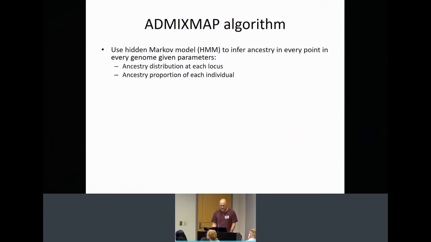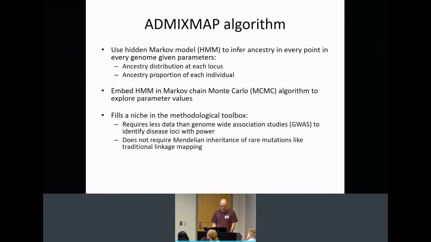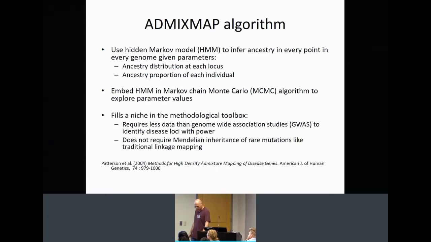And there's one specific algorithm that does it. It's called admixture mapping. It's hitting all the keywords for methods that we can think about. It's a hidden Markov model to infer what percentage of the ancestry is African at every point in the genome. So we know that this is a continuous process, right? If I have African ancestry in one point in the genome, I'm highly likely to have African ancestry close by. Why? Because the